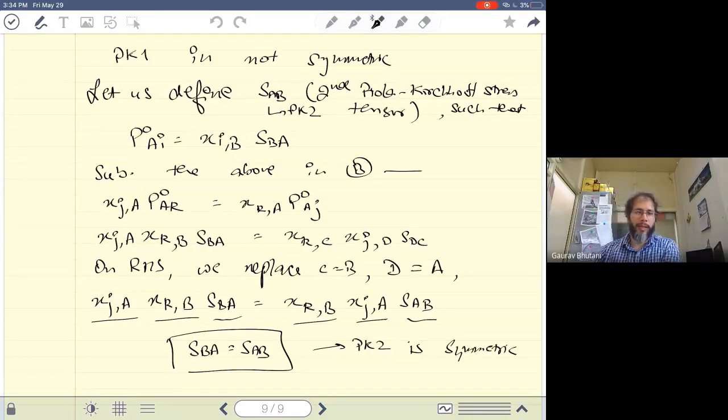Okay. So there's lots of things that we have defined in this lecture, but the only idea that I want to stress here is that the Cauchy stress tensor is not the only stress tensor we have. We also have PK1 and PK2. PK1 is not symmetric, but PK2 is defined in such a way so that it is symmetric.